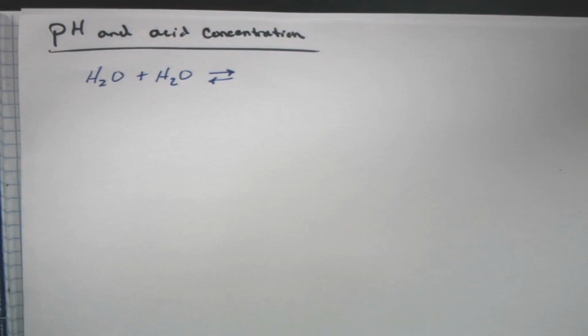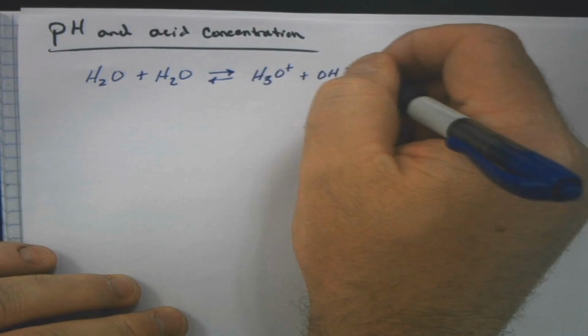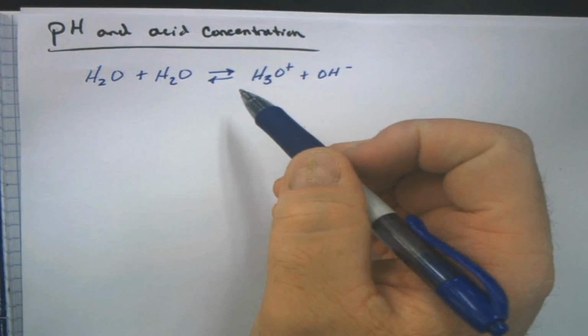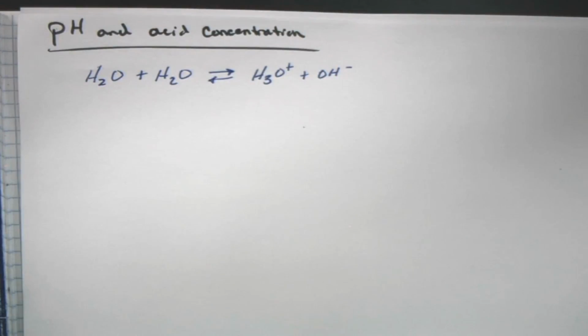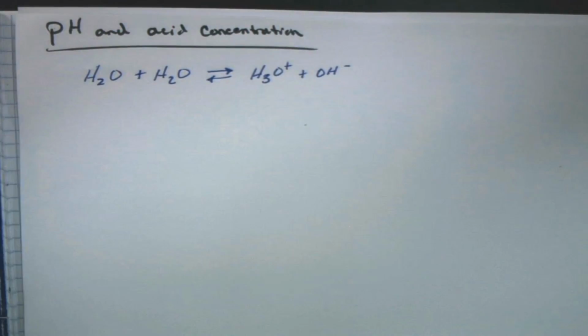All right. So we've got H2O plus H2O. We're going to make, what was that again? Hydronium and hydroxide. Hydronium plus hydroxide. And what we figured out last time was that first of all, it's an equilibrium. And whenever we have an equilibrium, we're going to have an equilibrium constant,